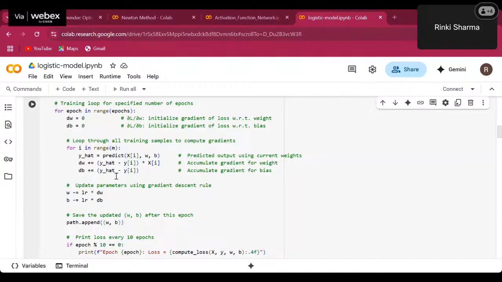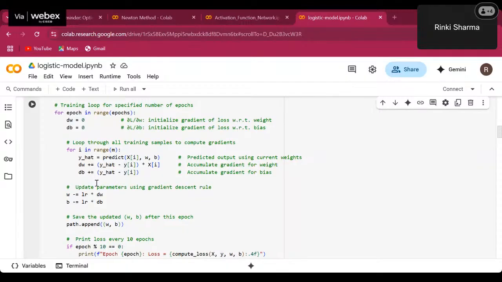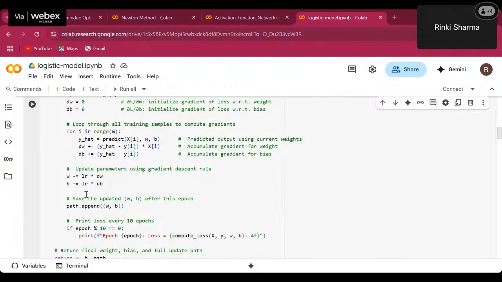After this, we will update the weights and biases using gradient descent. The formula is W equal to W minus learning rate multiplied by gradient. After this, path dot append will add the updated value of w and b to the path array. All these things will run for the number of epochs, and all this is happening in this definition. After all the epochs have run, then we will print